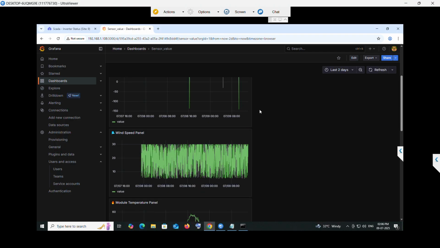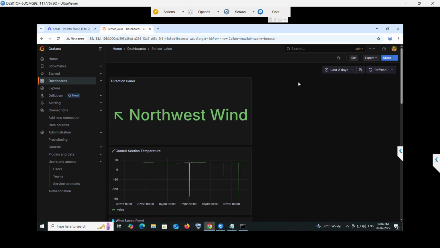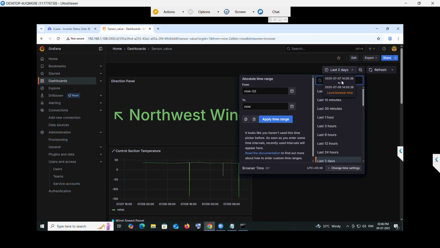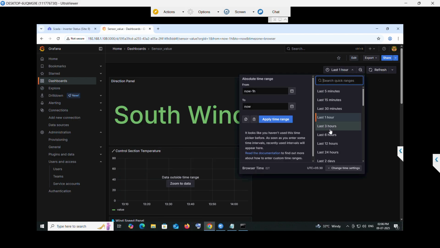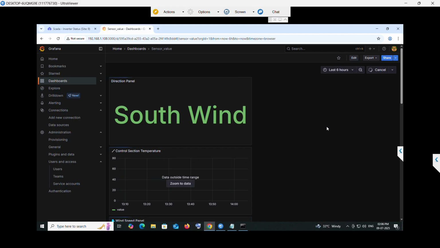It shows the visualization chart of the data for the past 2 days. We can adjust it to the last 30 minutes, last 1 hour, last 6 hours, whatever we want to change its time duration. Also, it can be given to the